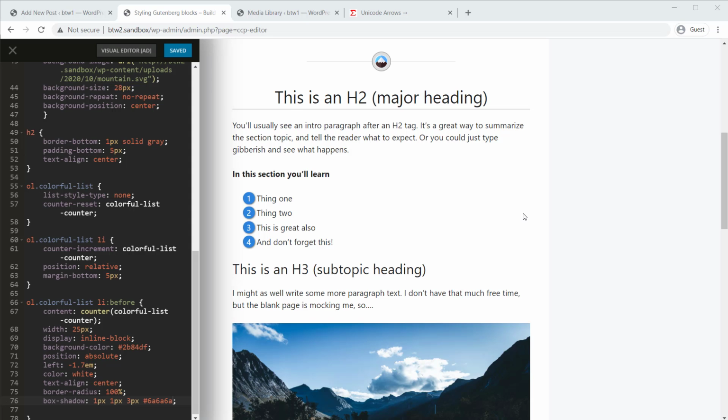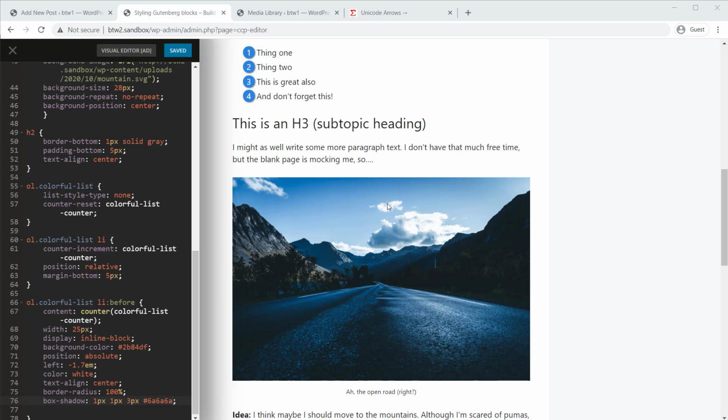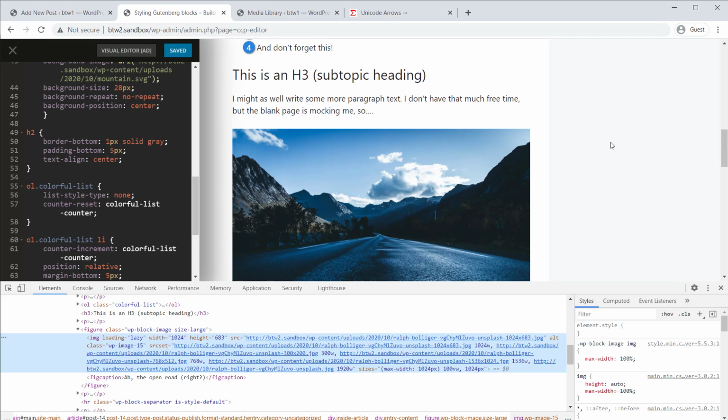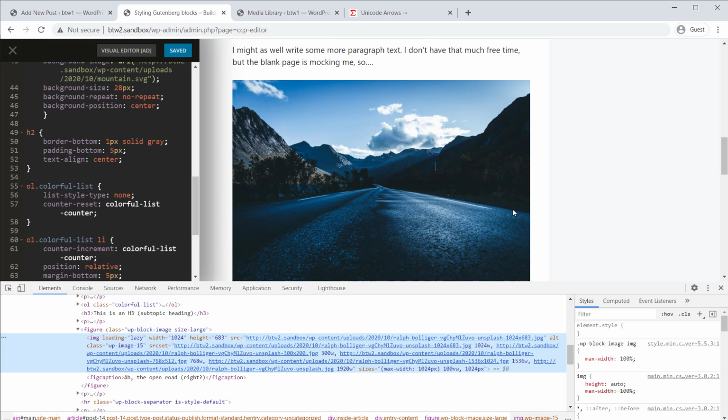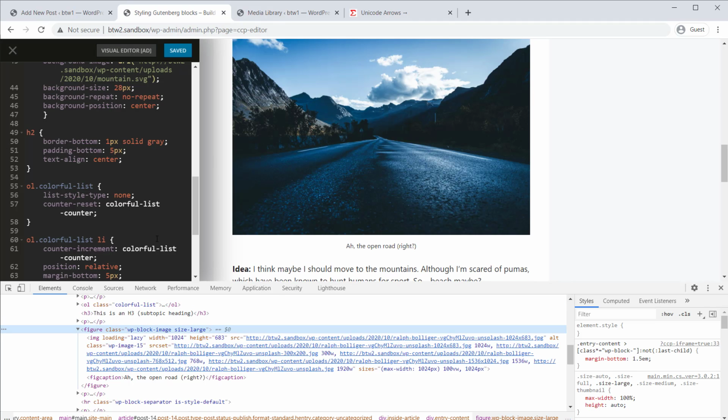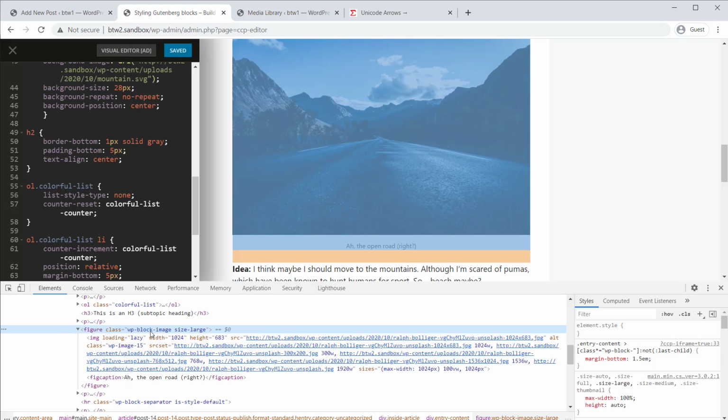All right. And now we come down to the image, and the image looks pretty nice, and a lot of people will just sort of leave their images as is, but I just want to show you a couple things you can do to your images if you want. We'll just do it on the front end so you can sort of see it as we're messing around with it. And the classes you would want to target are